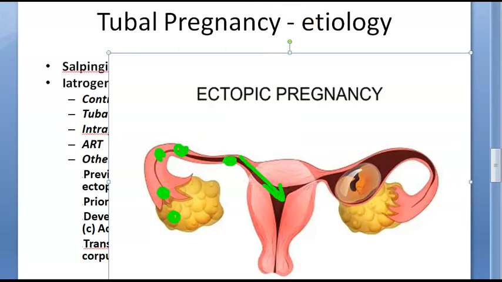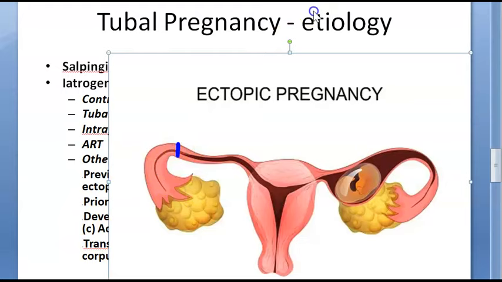Where is it supposed to meet the sperm and undergo fertilization? The sperm is supposed to come here and fertilize the oocyte here, right? This is the normal ampulla. So you can understand now why tubal pregnancy is common, because it is the pathway, isn't it? It's the pathway. And here actually there are cilia.